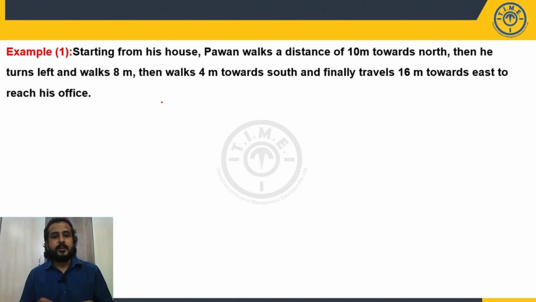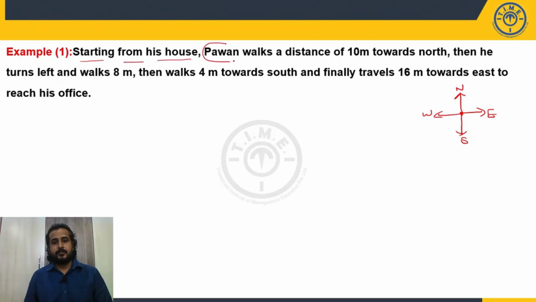But even before that, you should be thorough with how to draw the path. So let's see how to draw the path on paper. Right hand side will be towards east, left hand side will be towards west, upwards is towards north, and downwards is towards south. Don't forget these basic directions, right? So starting from the house,